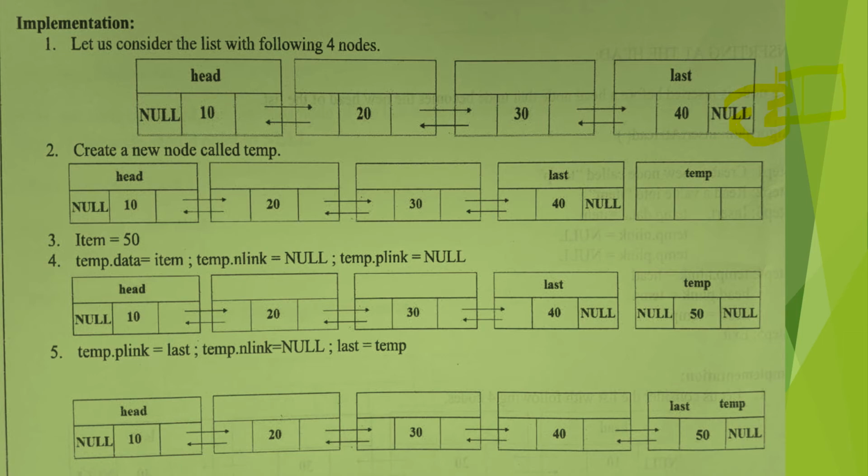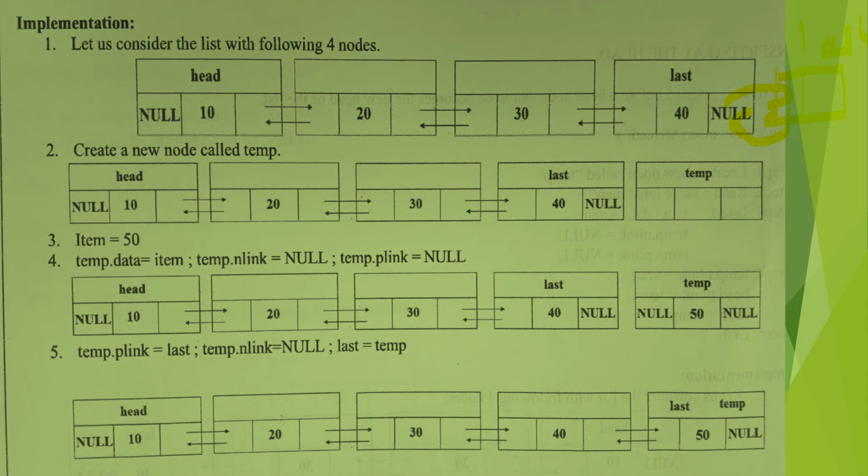So this becomes the last element. So we have to change the position of the last. First create a new node called temp. Insert the value you want to insert. Initially plink of temp and nlink of temp are null,